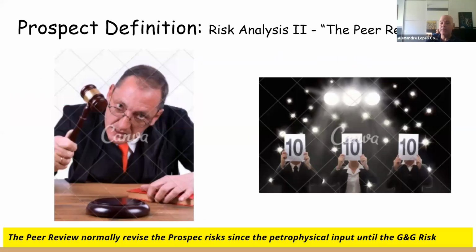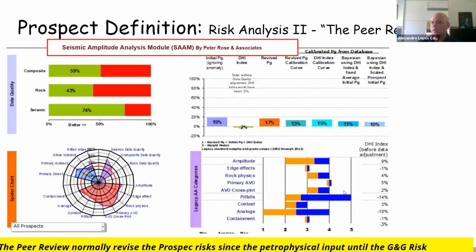And so the peer review is a technical team that will judge your prospect, your lead, in order to see if you used the correct petrophysical parameters, if you followed the correct horizon, if you performed all the stuff correctly, and they will judge and see and aggregate value to your prospect or not. Okay. And after that, they will try